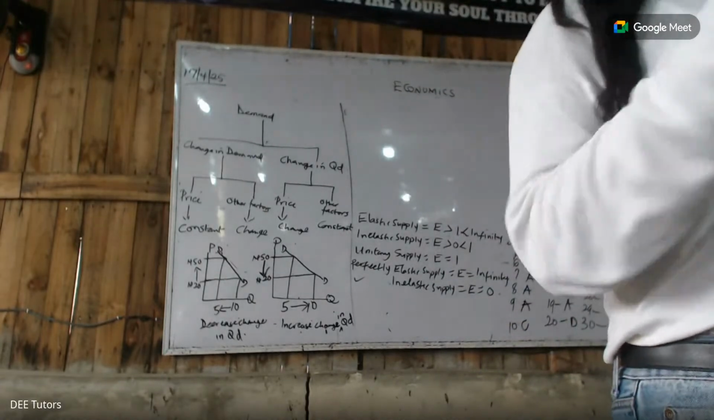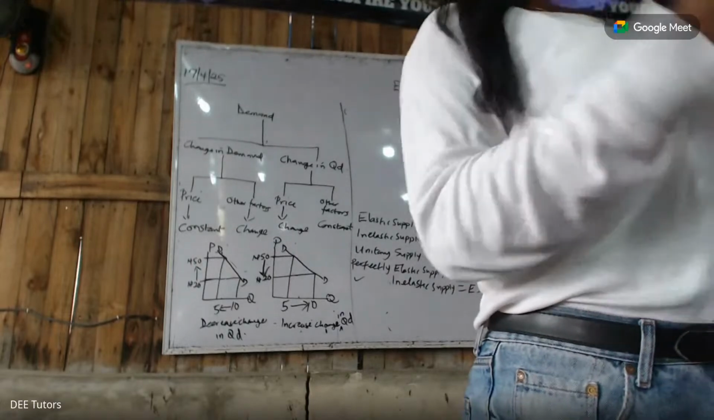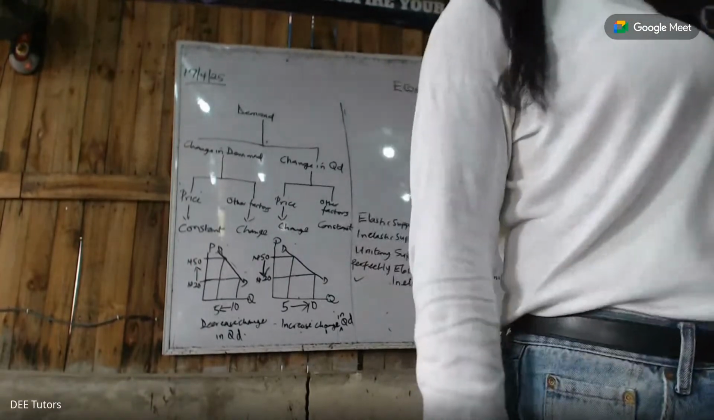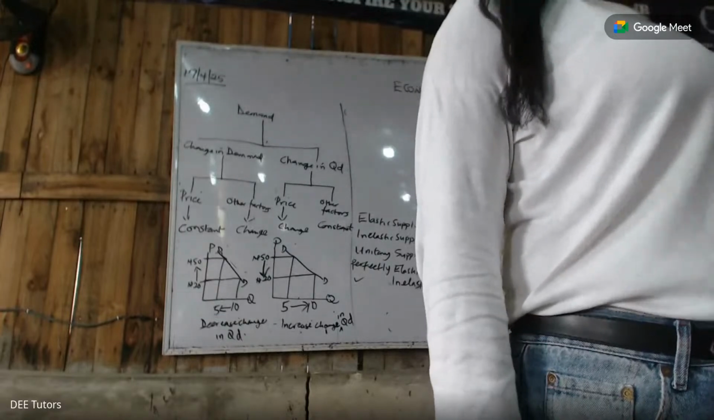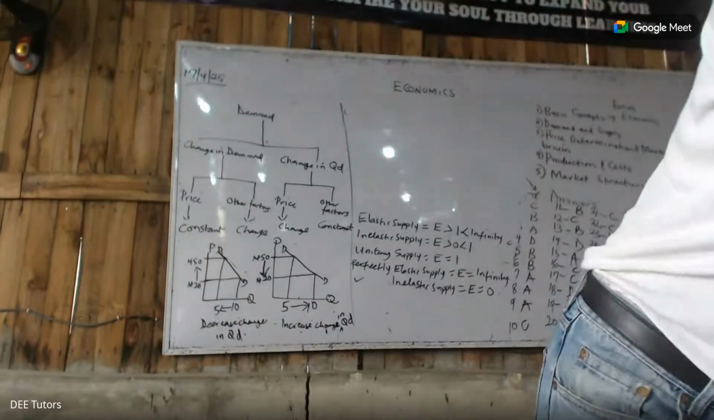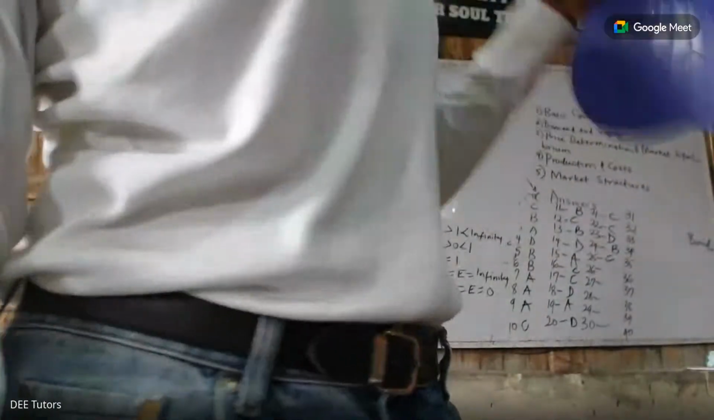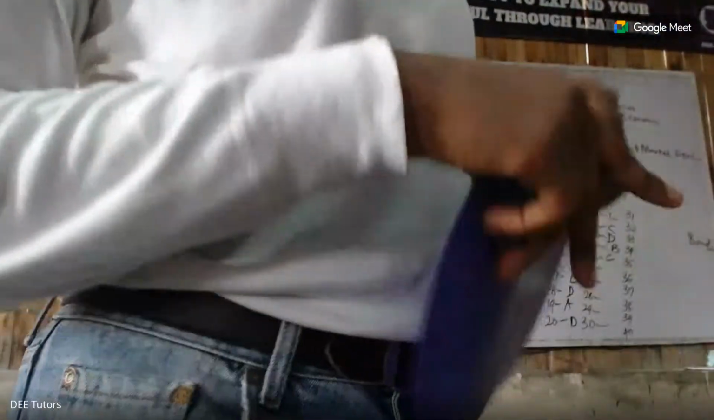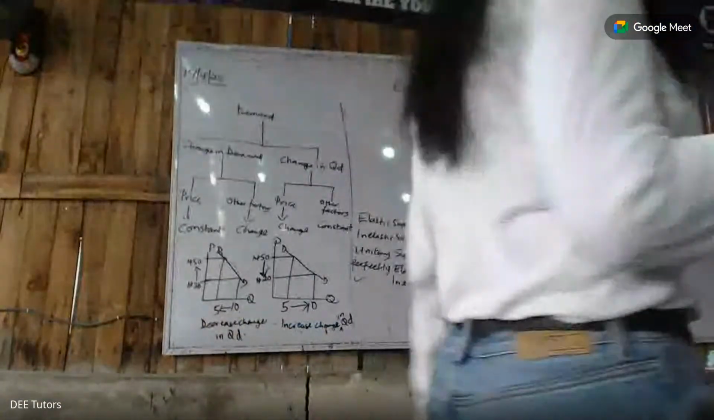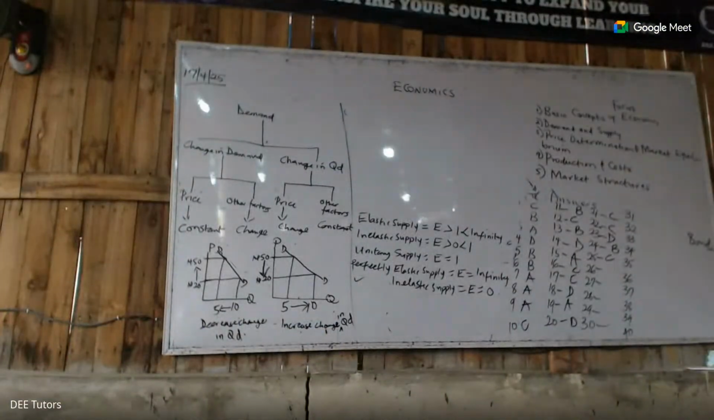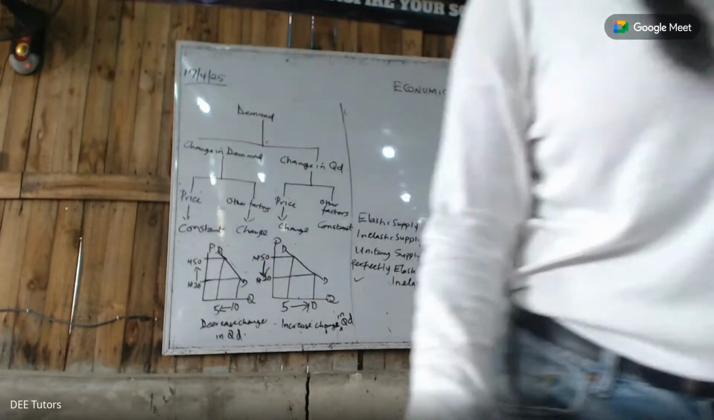Can you prove your answer? You said B. Why is it B? The answer is actually B. Now, when a monopoly is discriminated,